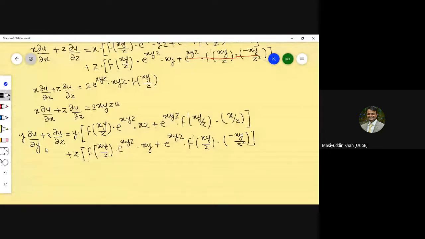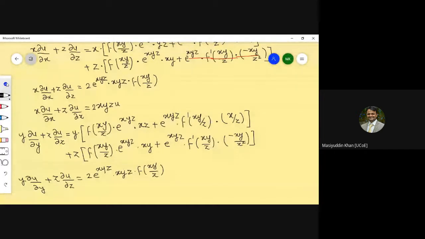So y into ∂u/∂y plus z into ∂u/∂z is equal to, while multiplying these two parts, you will get 2 into e raised to xyz into xyz f of xy by z, and while multiplying with y here, it will become xy by z, and the z square gets cancelled, so you will get minus xy by z only. So the minus minus terms will get cancelled and you will get the same proof that was asked,